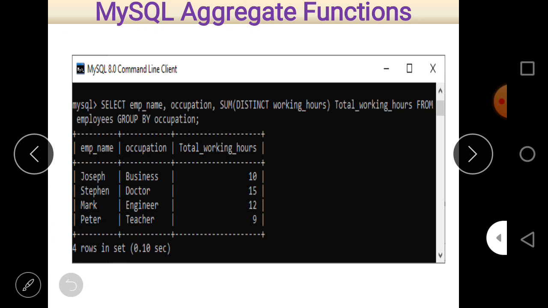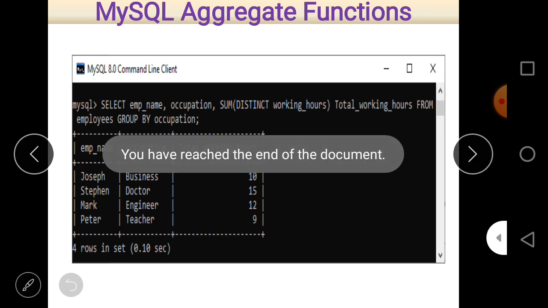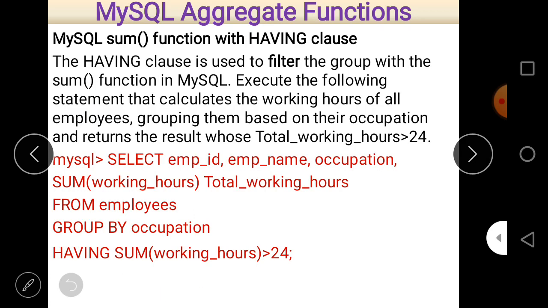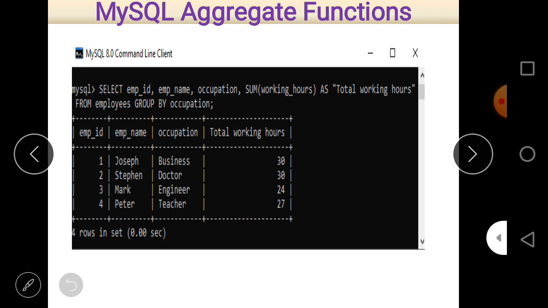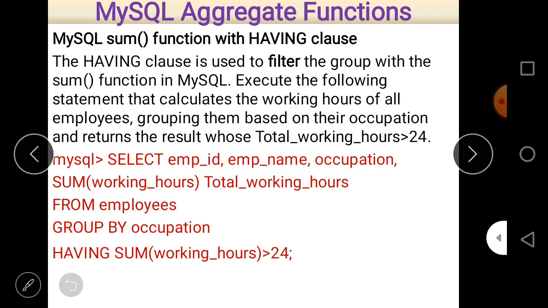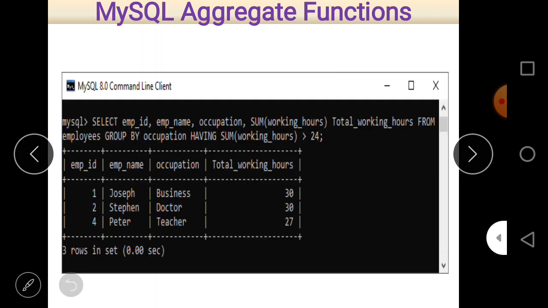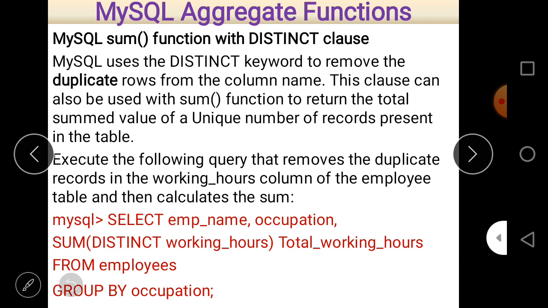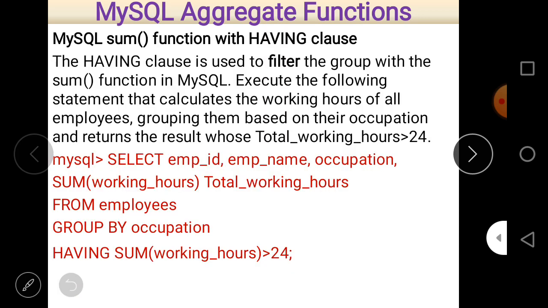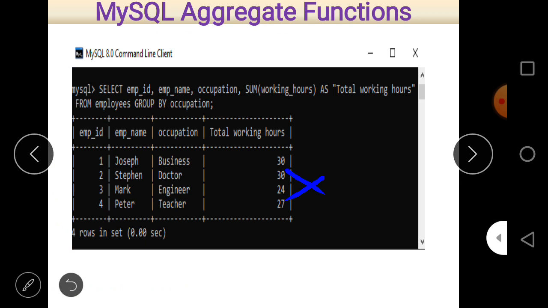And in this case, these are the data: 30, 30, 24 and 27. These are the four records which we found here. But after putting HAVING SUM(working hours) greater than 24, this row number 3 will not be a part of your answer.